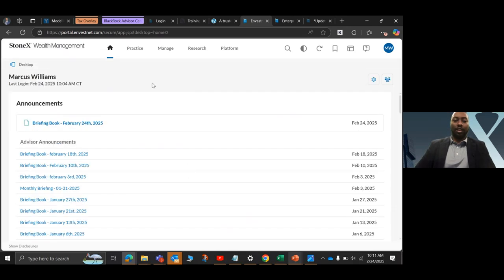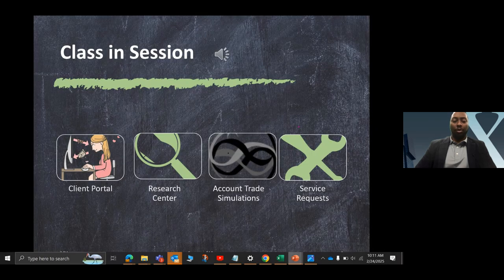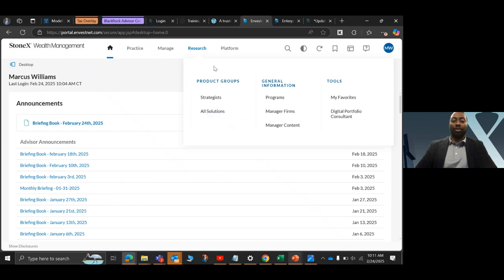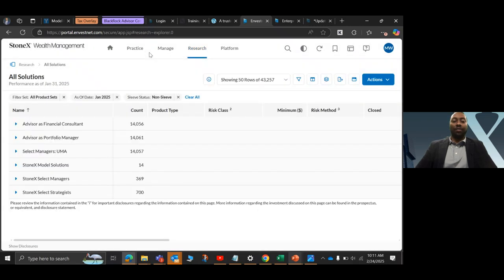All right, next is the research center. A lot of people have reached out to us and say, hey, how do I find client-facing reports for individual managers? So I want to show my client performance for the StoneX models or BlackRock or Fidelity models. How do I get that? Can you find that out for me? Well, the Research Center is a very robust solution for you to find those documents. So if you go to research from your advisor portal,